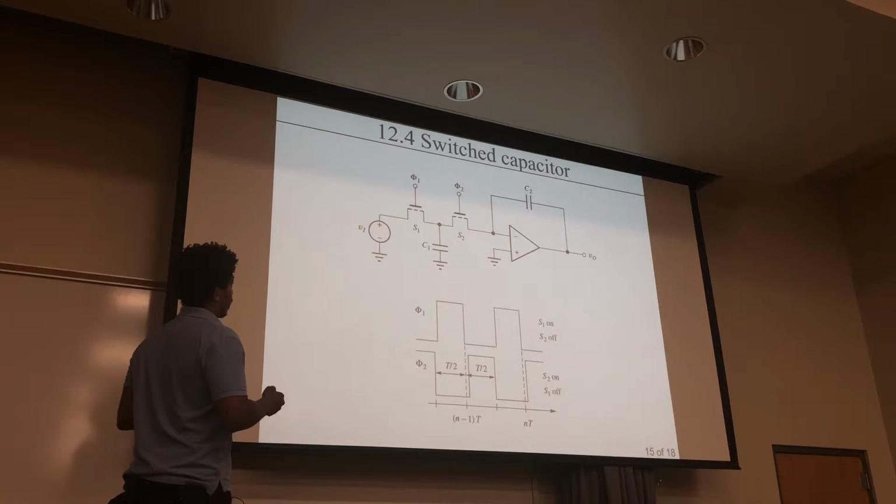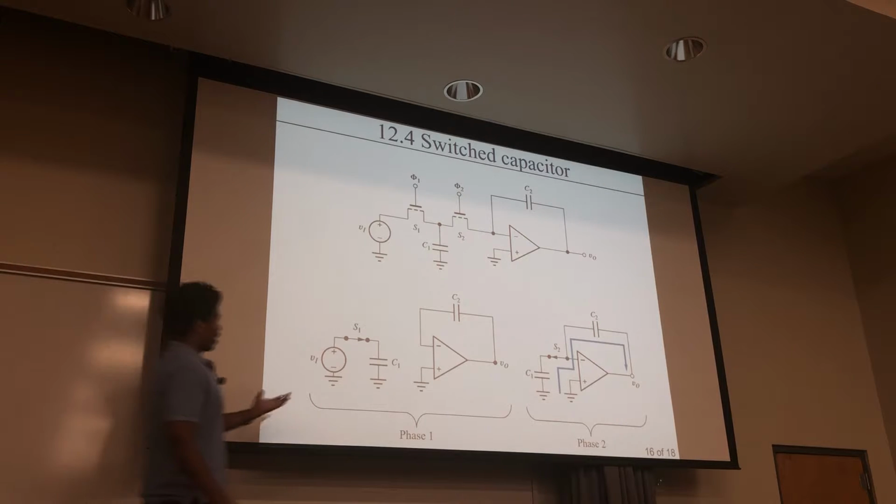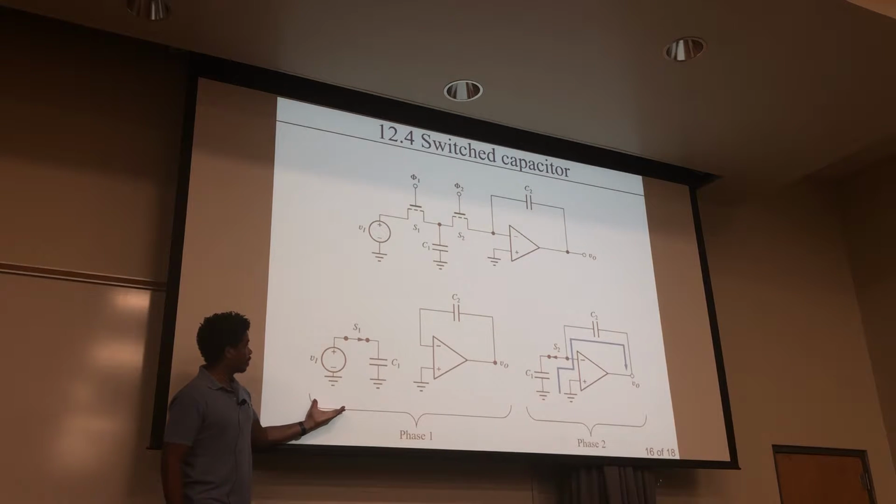One way to think about it is like this. There's no charge going this direction into the op amp, right? But the charge that's on this plate is basically going back and forth between this plate and this plate as it does its thing. So another way of looking at it for phase one,